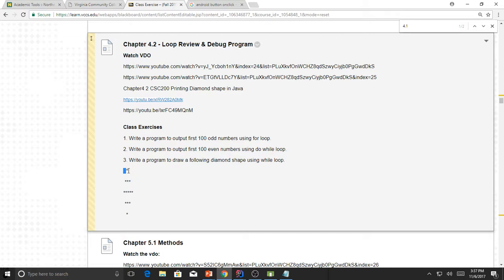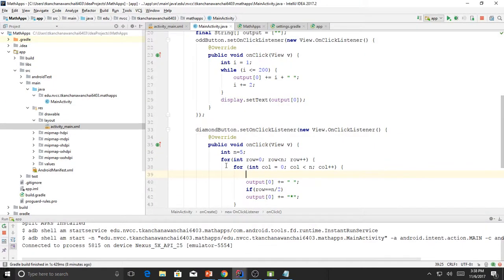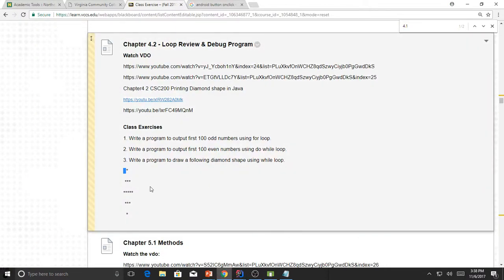So how do we print that shape only? Loop again. We can loop it again. I mean, that's just some thought. Or